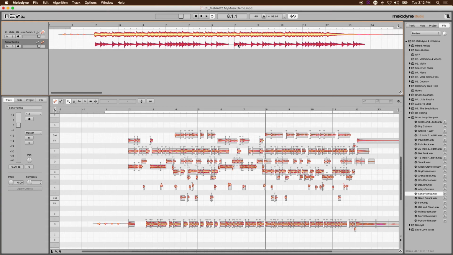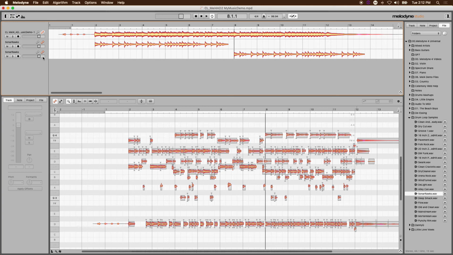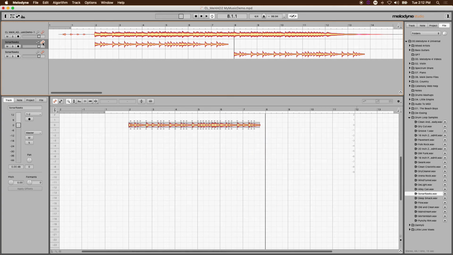Okay. Now, you may not want them consolidated because as you can see, I have a little gap here. You can still edit it no problem. But what I often like to do when I'm creating rhythm patterns in Melodyne 4 is bring it onto a new track. That way I have a little bit more flexibility. Now I'm going to activate each one of these rhythm tracks in my editor window by holding Command and selecting